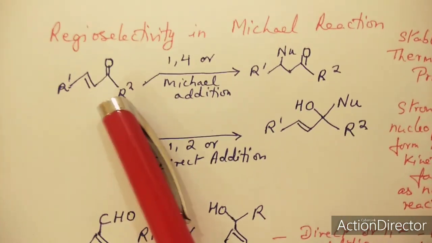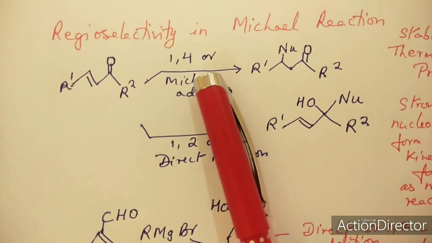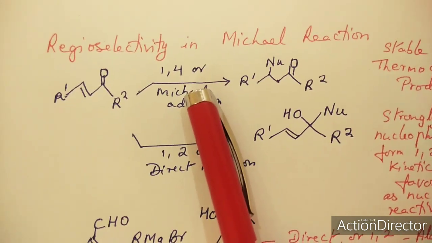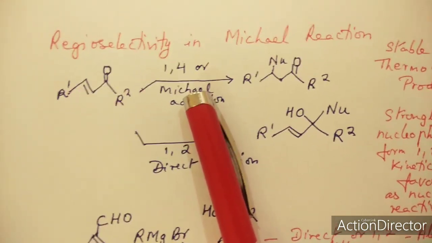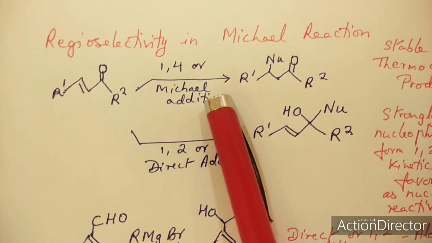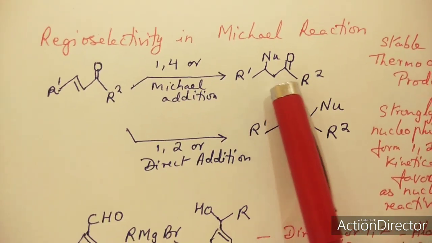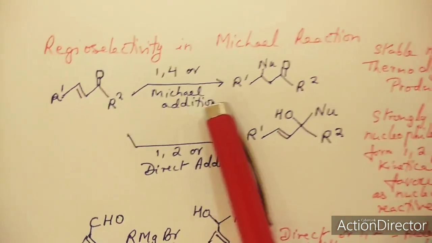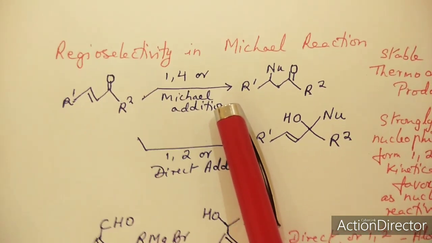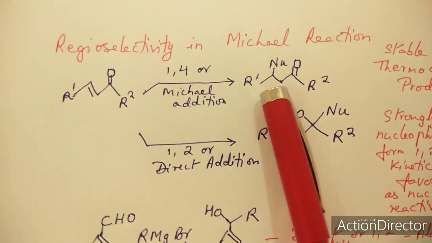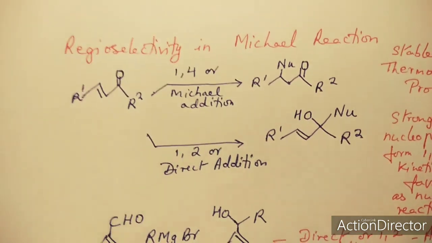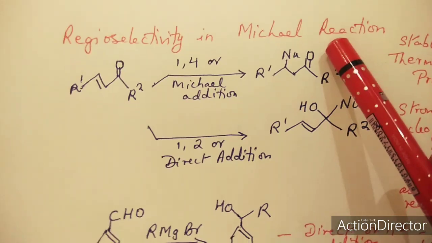So now what will happen if we have, when do we have rather the regioselective, how do we do? We take some strategy like we did earlier for the earlier alkylation in the case of ketones. Here the simple principle or the simple mechanism applies that if we have a stable nucleophile, stable means it will not be so reactive, so it will give us the thermodynamic product. Why the thermodynamic product? In other words, the Michael or the 1,4 addition will take place.